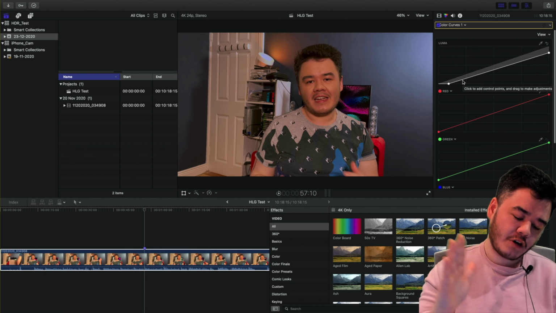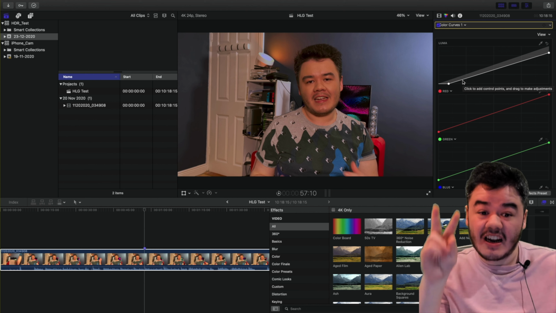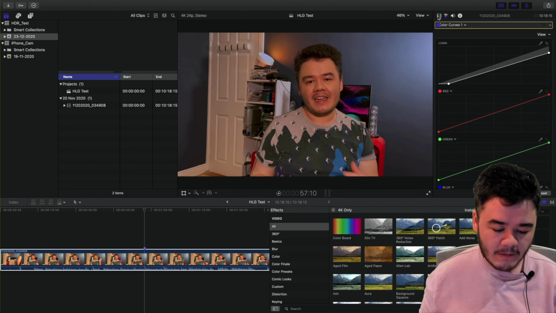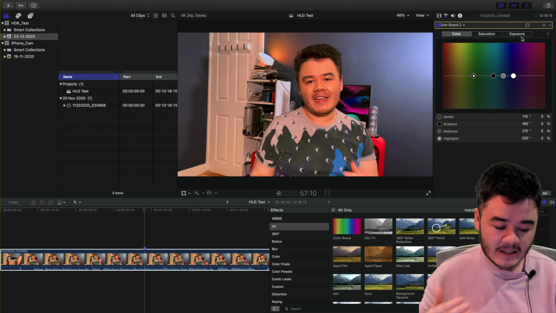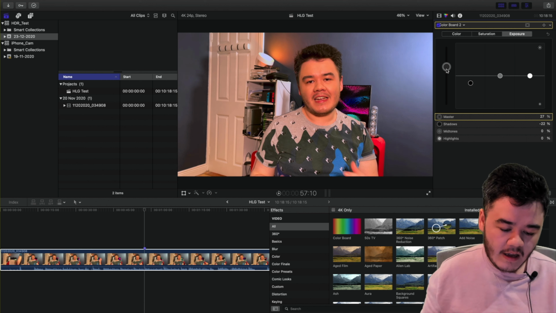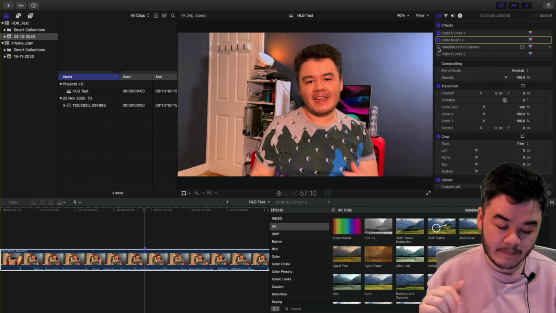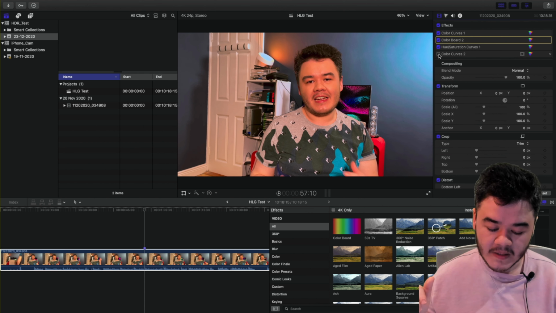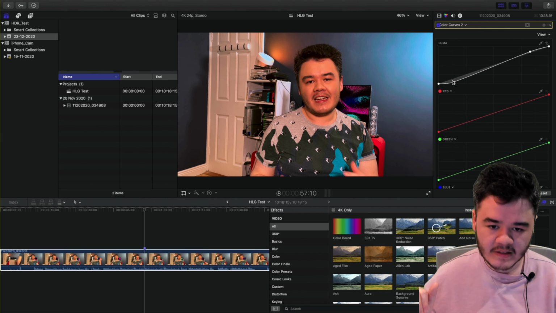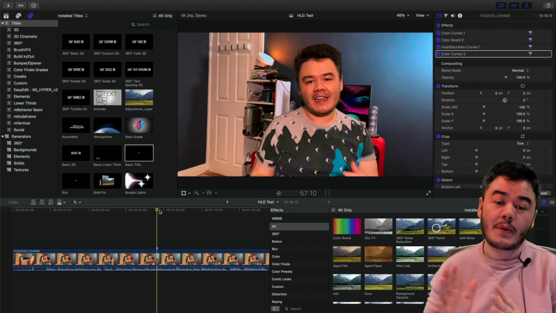You can use color curves to almost flatten the brightness of your image to give it a log look, and then you go in with your color board and, through the exposure tab, you're able to fix it up. So here I boosted it globally, and then I brought down the shadows. You can do it whatever way you want, experiment with it. You're going to find a style that works for you. And then that's just me boosting it with the hue and saturation curves. And then I did another curve where I just lowered the luma on the low end and boosted on the high end. The next thing I'm going to do is show you how to work with non-HDR elements.